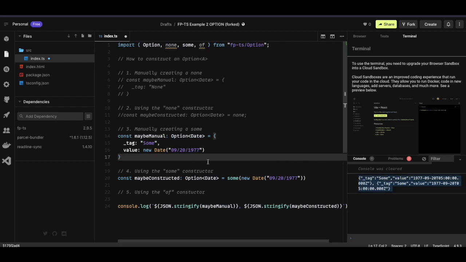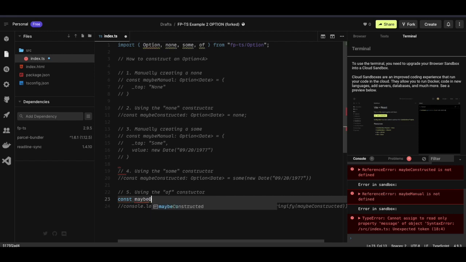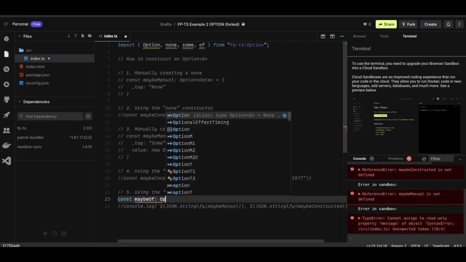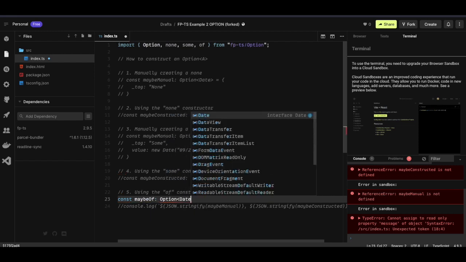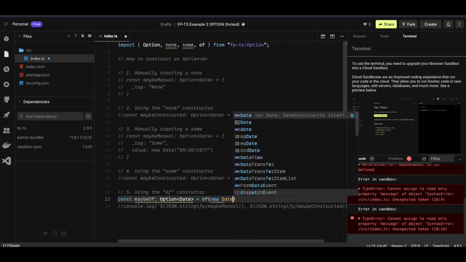They both look the same. And then we will do the last one using of. We will call this maybe of, and it will be a type option of date as well. And we will set that to of new date